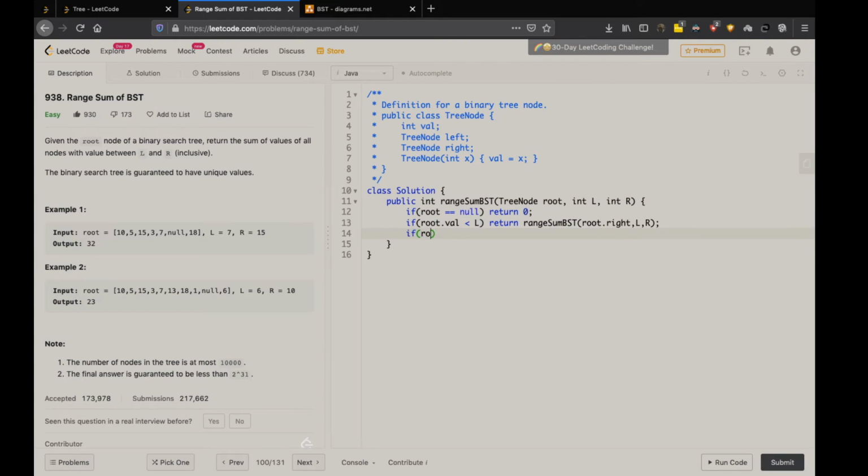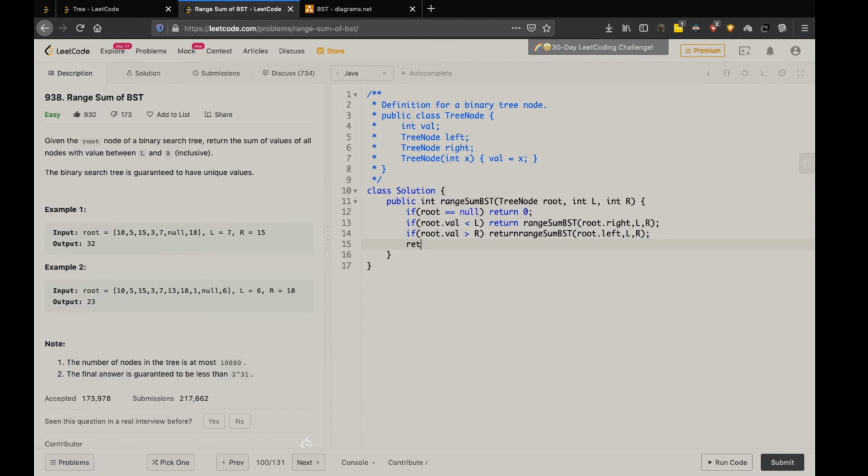And if the root value is greater than R, we recurse for the left subtree and pass the values as they are.